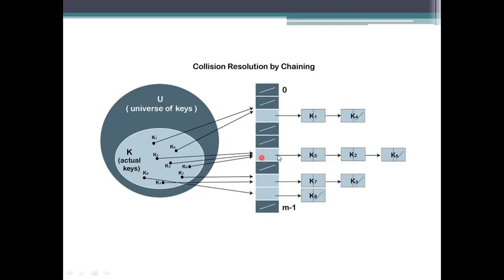So this space is pointed to a list of elements which has three values: K5, K2 and K6. First K5 has been assigned, and next K2 and then K6. The order in which you take the values has to be kept in that order only. It is not like K1, K2, K3 placed first in increasing order. The element used for the first calculation of this index is placed as the first element of the list, and the next element is placed next, and so on.